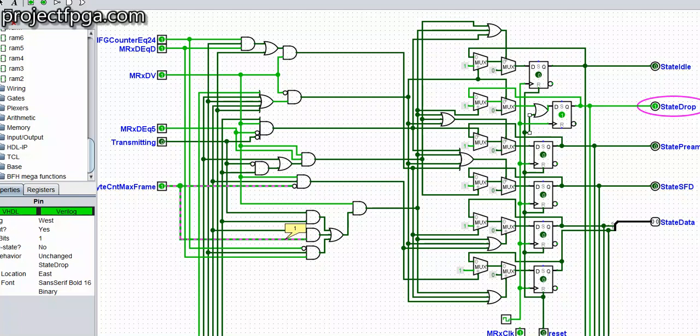So that is what it's trying to say here. That is, it is in state data, it is currently receiving data, and this is the byte count max frame. That is, this signal comes on to tell the receiver that, hey, you've exceeded the maximum number of frames you are expected to receive, therefore suspend. It goes to the suspension stage and waits there until this MRSDV is off, that is, until the end of data reception. So at the end of data reception, the MRSDV goes off. Now the